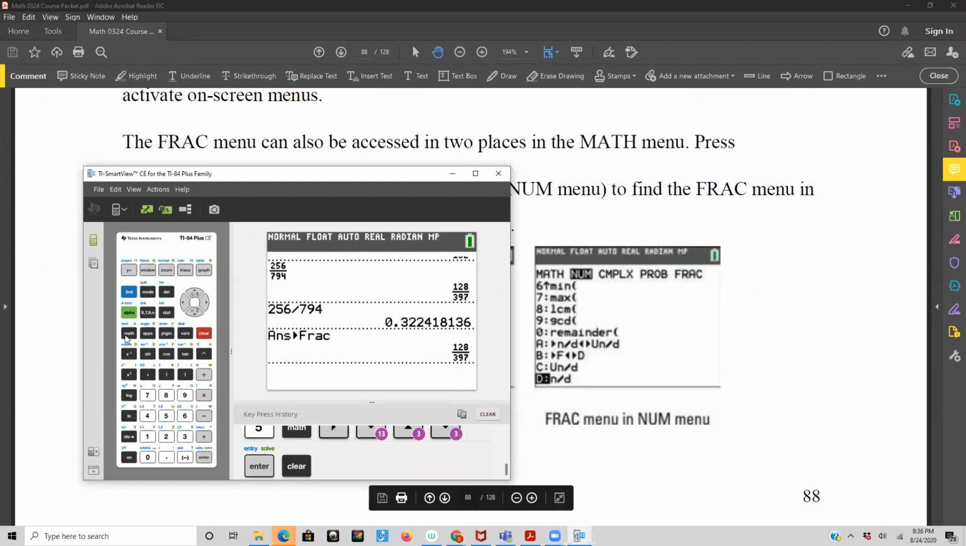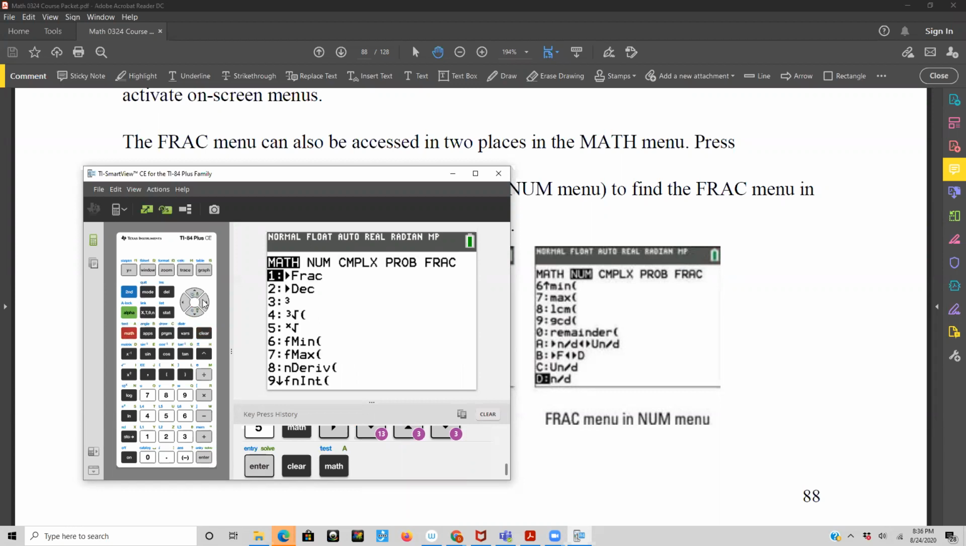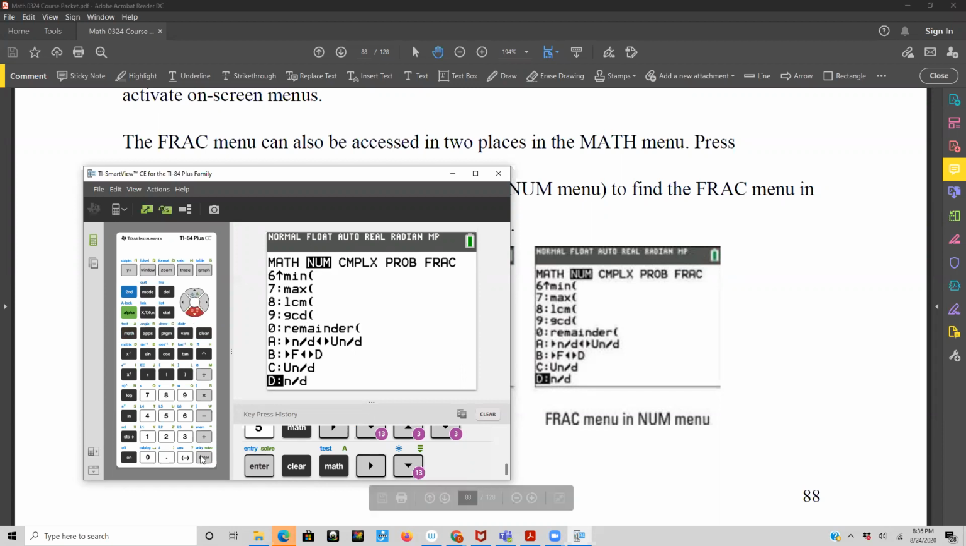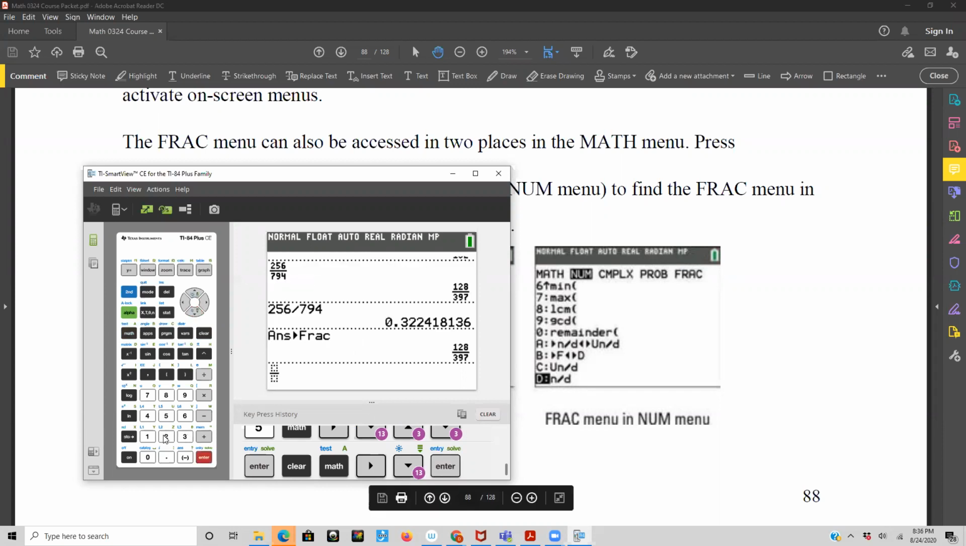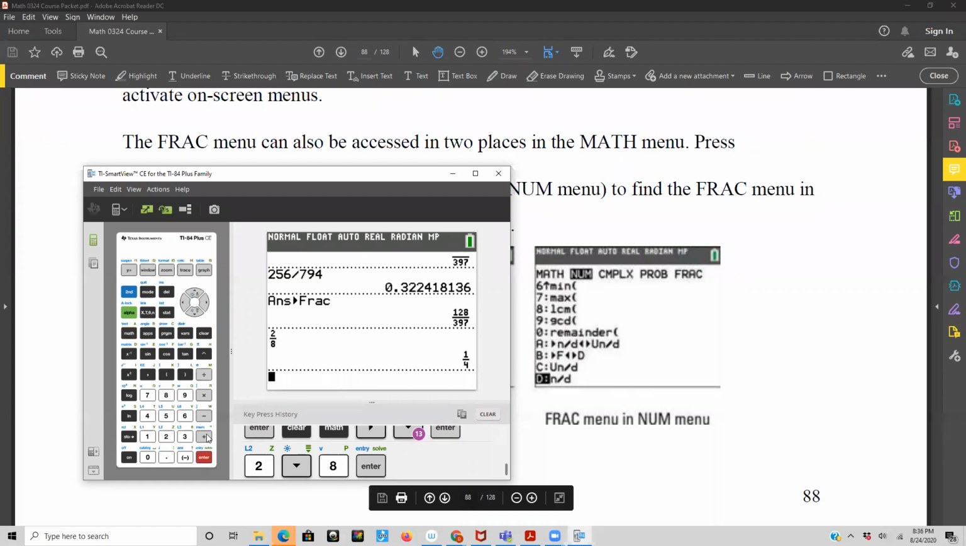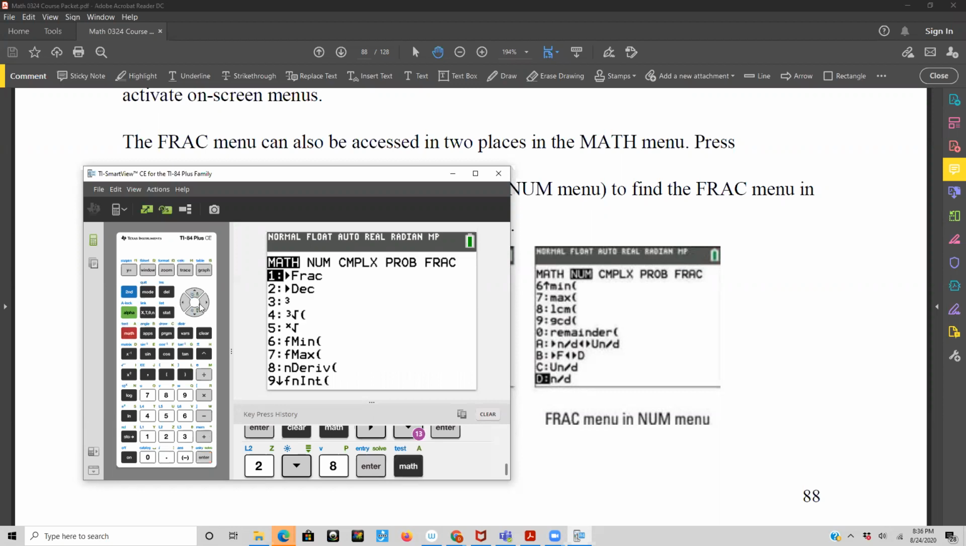So math. We're going to go down here to N over D. I can enter my fraction. So I'll enter a fraction. Let's enter like 2/8, right? I know that should reduce to a quarter. There it is. So you can do it that way too. I should show you this. You really don't need it because it's all in math. But go to math, num,